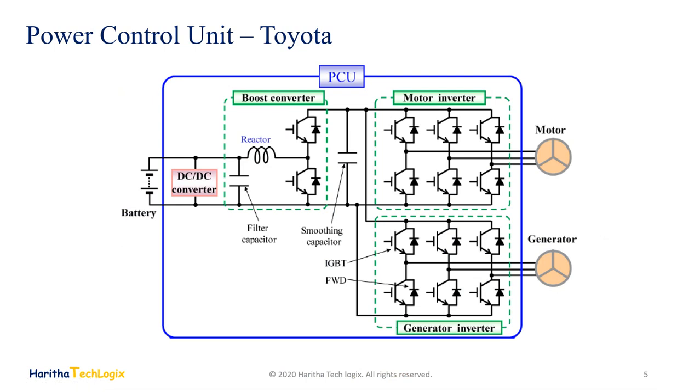Now, the motors usually used in the electric vehicles need a three-phase AC input. A three-phase AC input current and voltage is needed to operate this motor. So we need an inverter assembly in order to perform this job. So this is an example of an inverter circuit which I have taken from Toyota Prius.